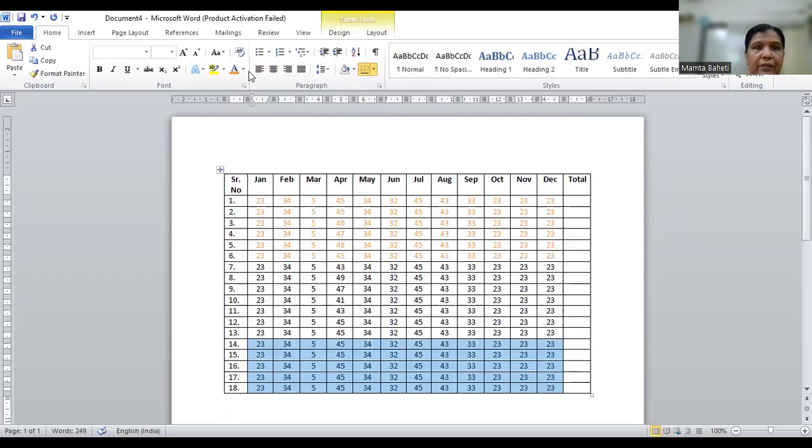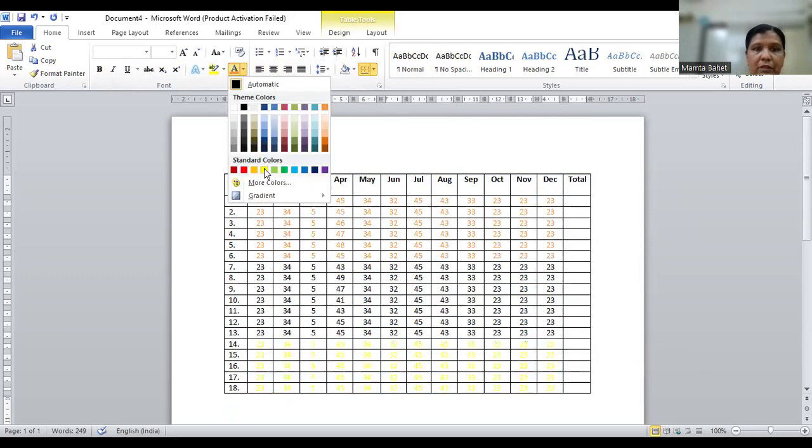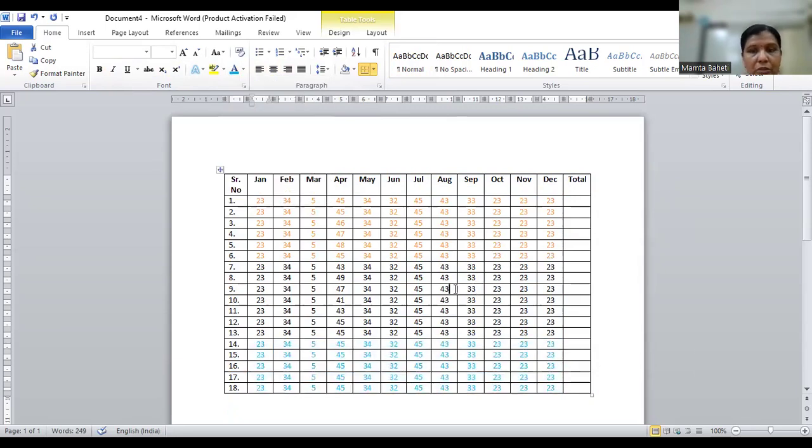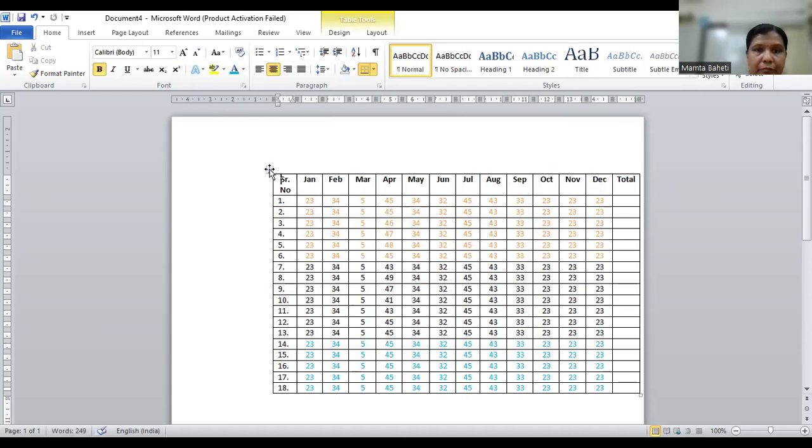I have selected and filled the colors to some other one. I will make it blue so that it is visible. Okay. So I hope you got how we will format the table. Now this table, if it is like, is it